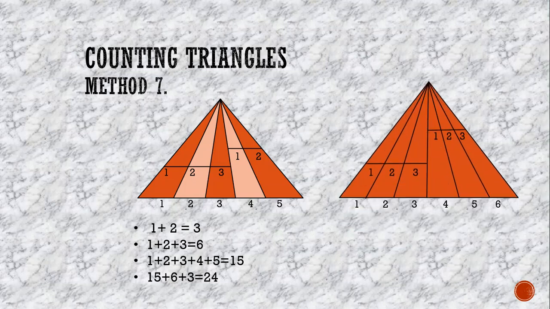Here's another triangle which is larger than the previous one. In this triangle the base is divided into 6 parts and it has two parallel lines. Both lines are divided into 3 parts. Firstly we add numbers for the parallel lines. 1 plus 2 plus 3 is equal to 6, then 1 plus 2 plus 3 is equal to 6, and then we add numbers for the base: 1 plus 2 plus 3 plus 4 plus 5 plus 6 which is equal to 21. Now we add 21 plus 6 plus 6 which is equal to 33. So in this triangle we have a total of 33 triangles.